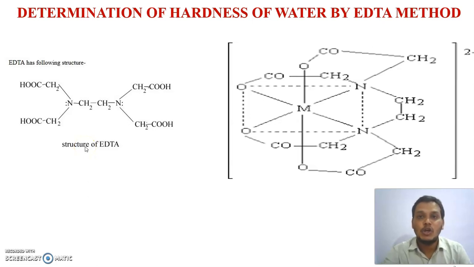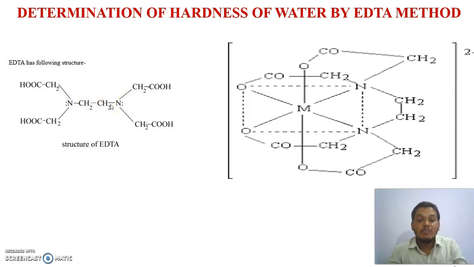It is a tetraprotic or tetrabasic acid, and the structure is represented like this, right? See, the disodium salt of EDTA reacts very quickly with hardness-causing metal ions in water, even at low concentration. The EDTA molecule has 4 carboxylic groups: 1, 2, 3, 4. So EDTA has what? 4 carboxylic groups and 2 nitrogen atoms, right? These nitrogen atoms have lone pairs of electrons, hence there are a total of 6 sites to form coordinate bonds, so it is called what? Hexadentate, right? So EDTA is hexadentate.